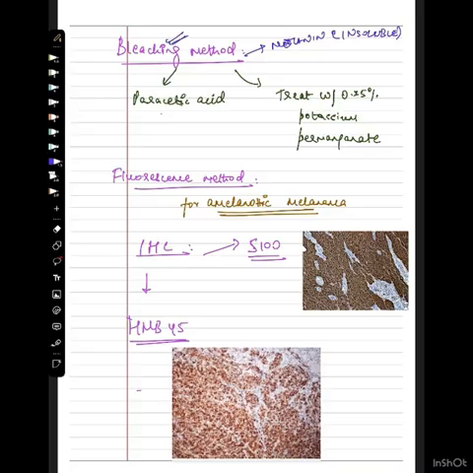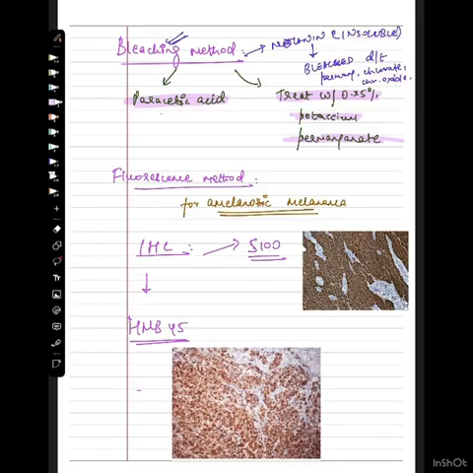So melanin gets bleached due to oxidizing agents like permanganate, chlorate, chromic oxide, etc. The method of choice for this will be using peracetic acid or treatment with 0.25% of